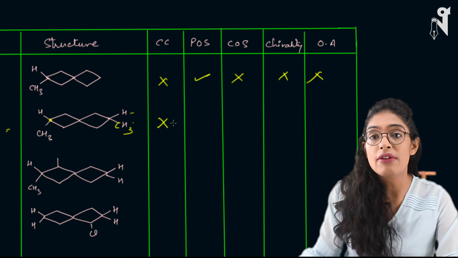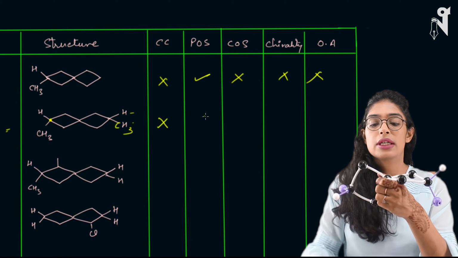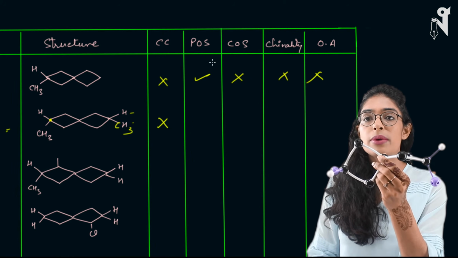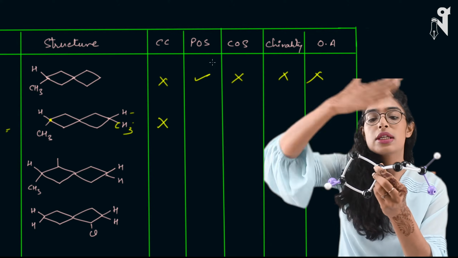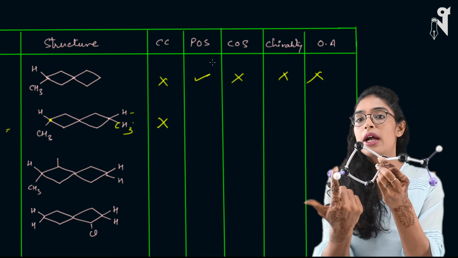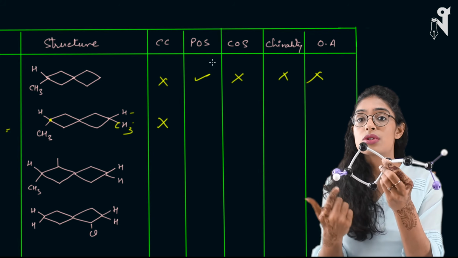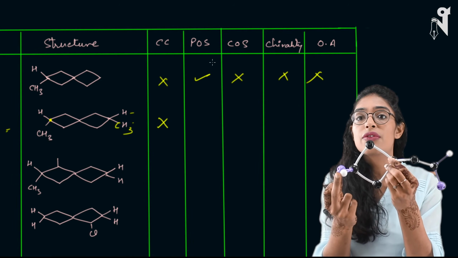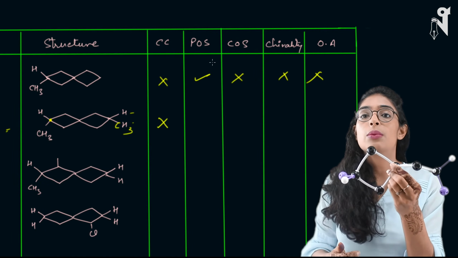So we have to check whether we have chiral centers here. No, we don't have chiral centers here. Do we have POS? Let's see. So here is my molecule and we have to figure out whether we have POS or not. Let's try out the exact same way we did in the previous question. We will cut it like this. If we cut it like this, we'll get hydrogen on one side and CH3 on the other. In the earlier case, it was both hydrogens. So everywhere else it will be cutting and giving the mirror image, but at this point it will start differing. So this cannot give POS vertically.